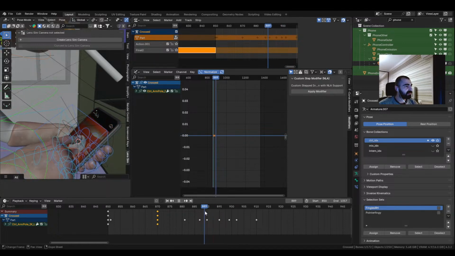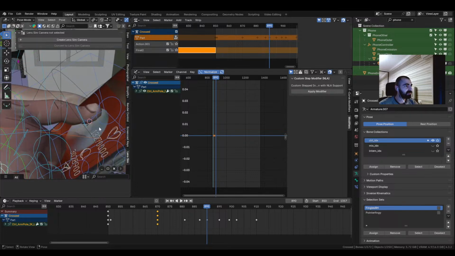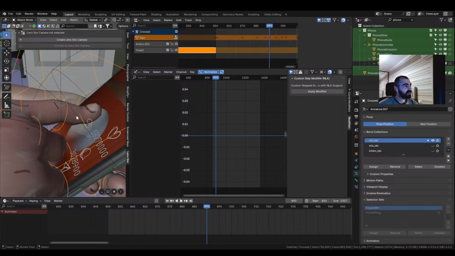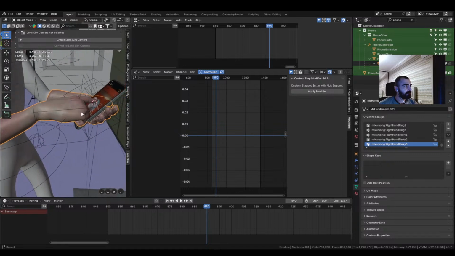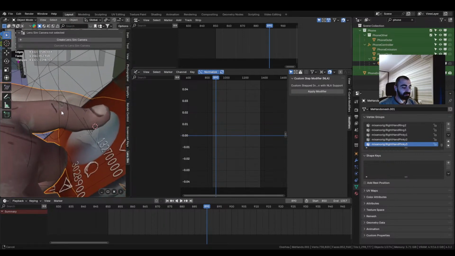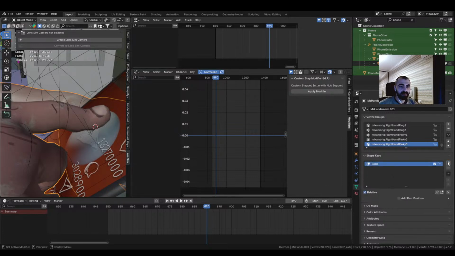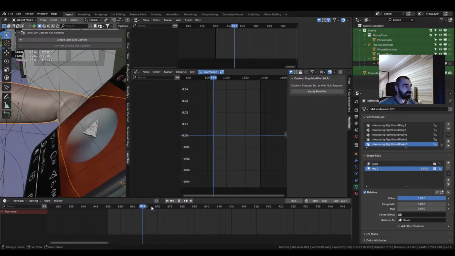I kind of want to make a shape key for this finger. I want it to kind of spread on the phone screen. What do you think? I think it could be fun. Let's see if